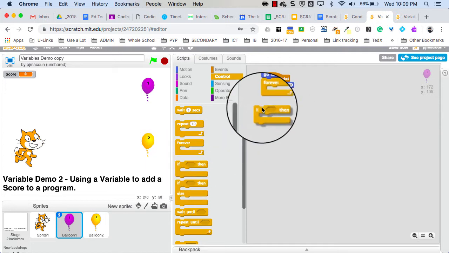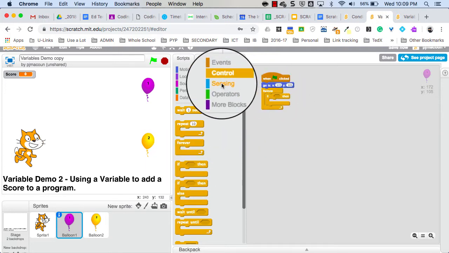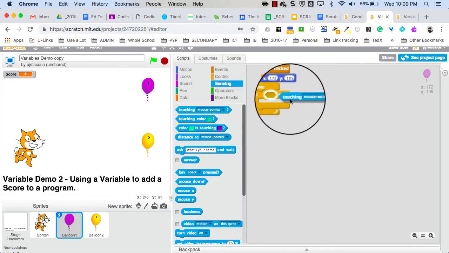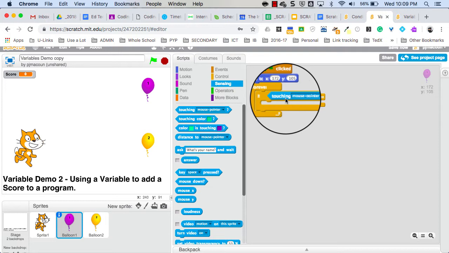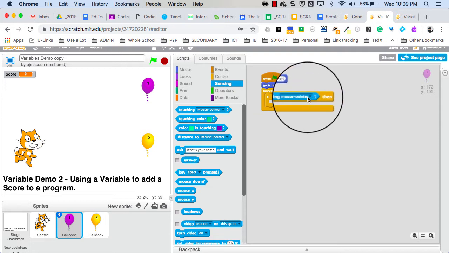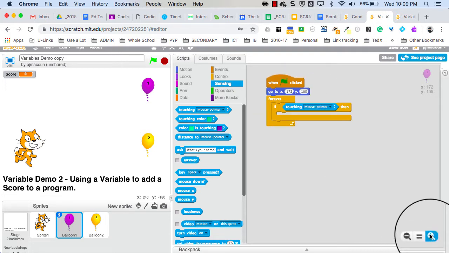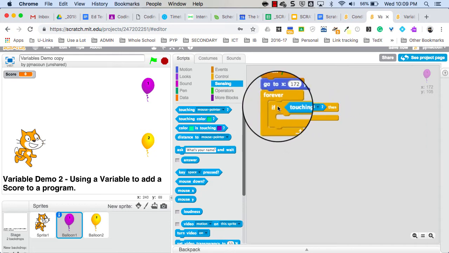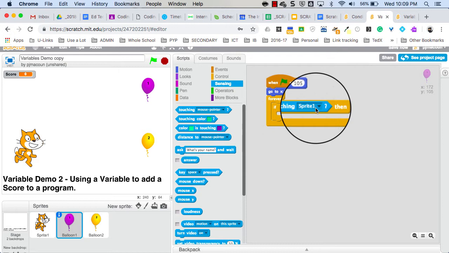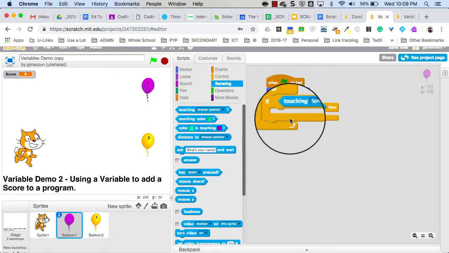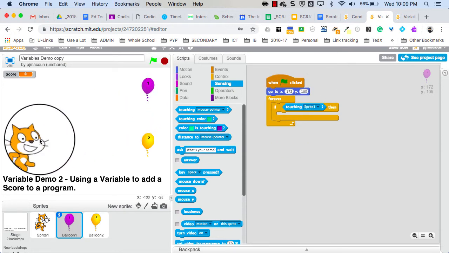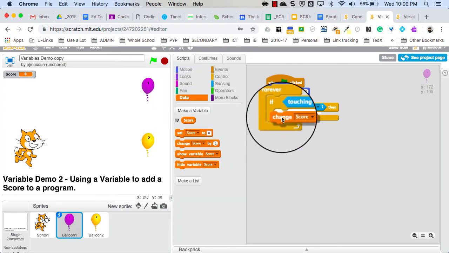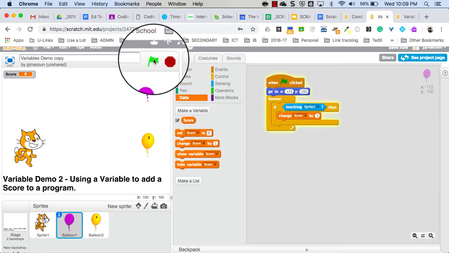And I'm going to then put an if block in there, and I'm going to go to sensing, and get the touching block, and fit it right into the diamond shape there, and change this to sprite 1. So now I've got a conditional if-then statement that makes something happen when this balloon is touching sprite 1. And what I want to happen is I want the score to change by 1. So now when I do this,